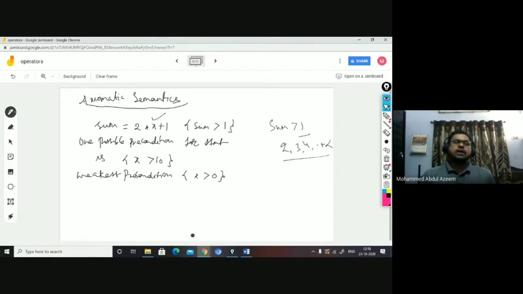So what is the possible precondition with which this particular statement can meet the postcondition? Taking different values for x, if I take x greater than 10, of course x greater than 10 is also one precondition for this statement to meet its postcondition, right?